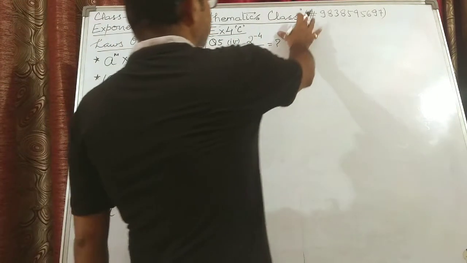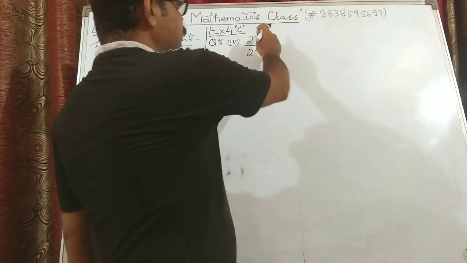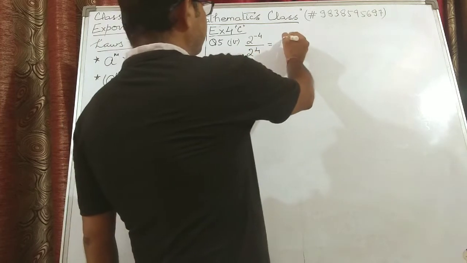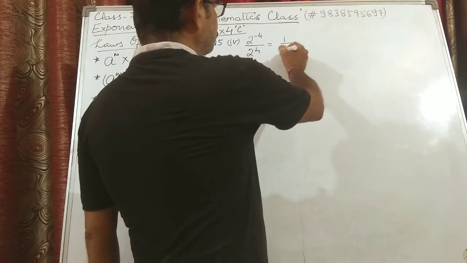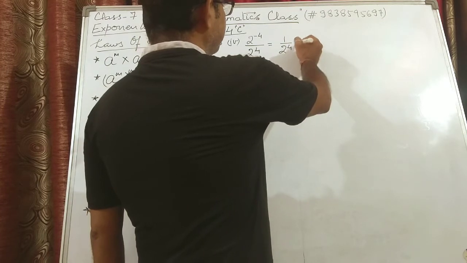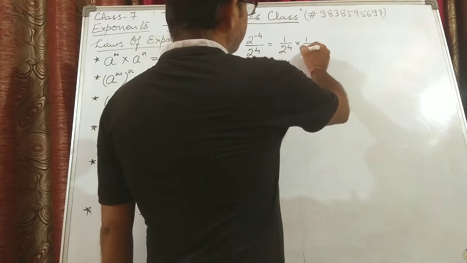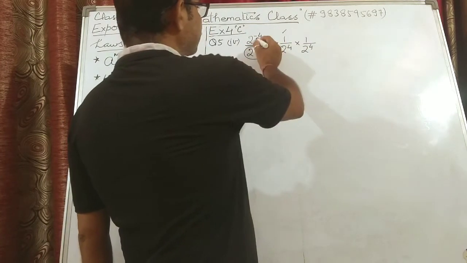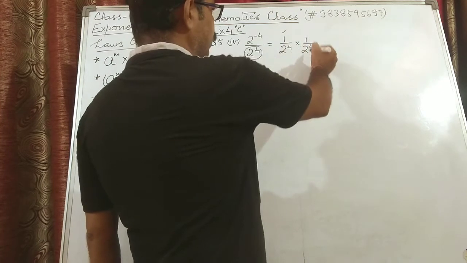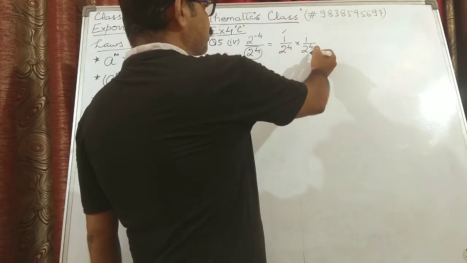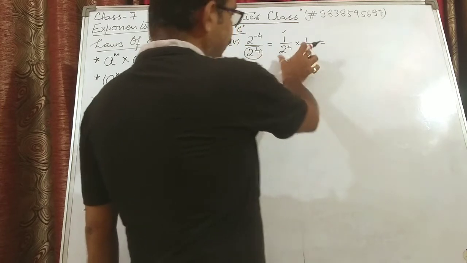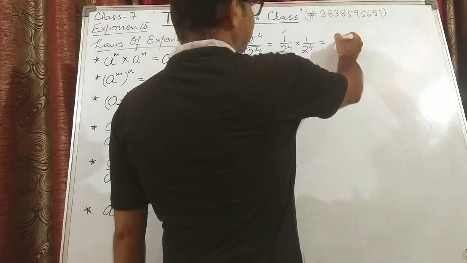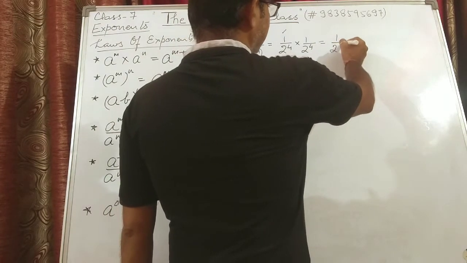So now in this question, what it is, 2 to the power minus 4. This minus can come to the denominator and it will become positive. So we can say 1 upon 2 to the power 4 into 1 upon 2 to the power 4. This 2 to the power minus 4 is brought down to the denominator, so it becomes 2 to the power 4. Now in the denominator, the bases are same as well as powers are also same, but the powers will get added. So 2 to the power 8.